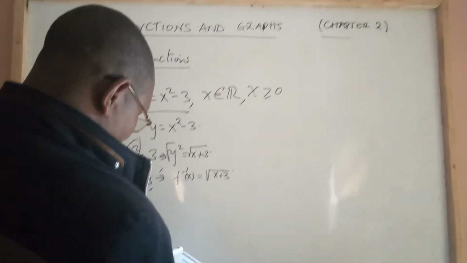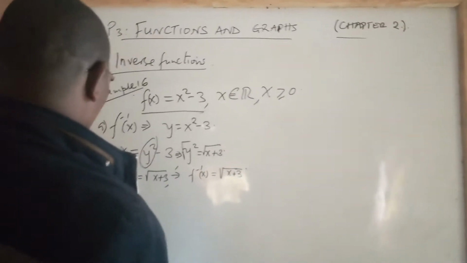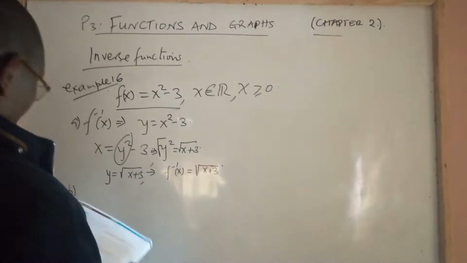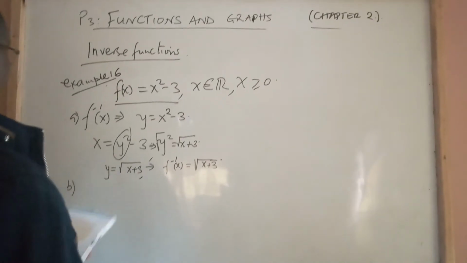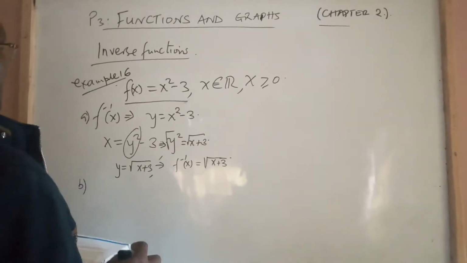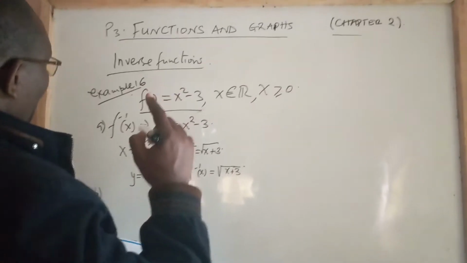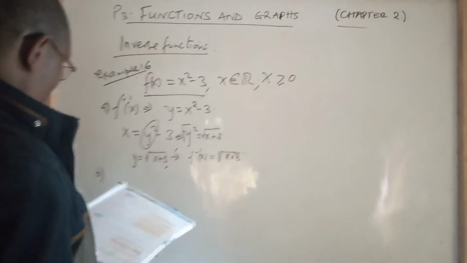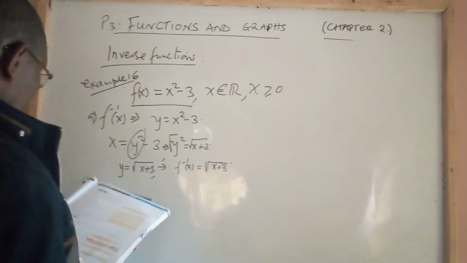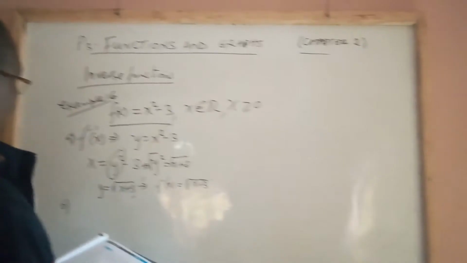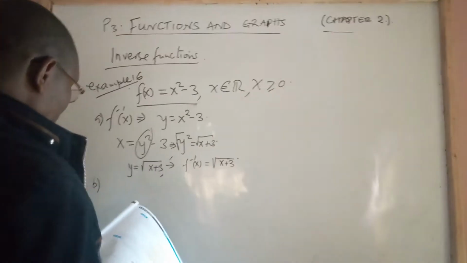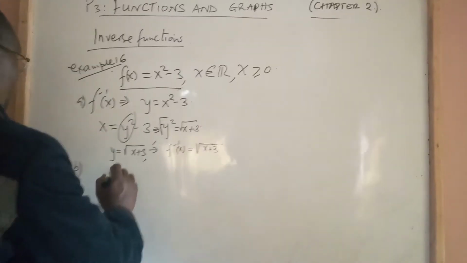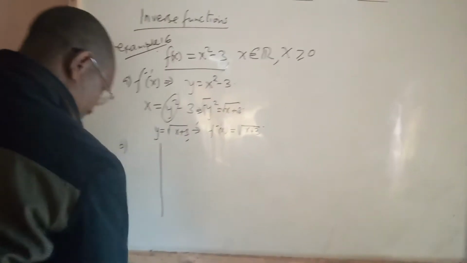What we need to understand is just one truth, that the inverse function is a reflection of the original function along the mirror line y is equal to x. So if we can sketch the original function f(x), which has y greater than or equal to, if we can sketch the original function like